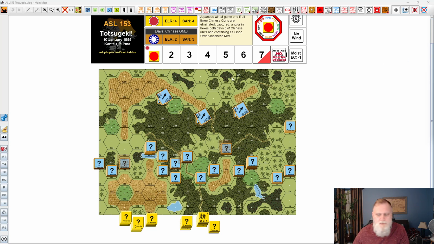Chinese defenses are, as you can see here, once more they cannot deploy. One thing I made a mistake on in my initial recce was confusing dense and light jungle. I conflated the two. Light jungle is +1. It's dense jungle that is +2 for terrain effect. So any foxholes would probably do better hidden inside